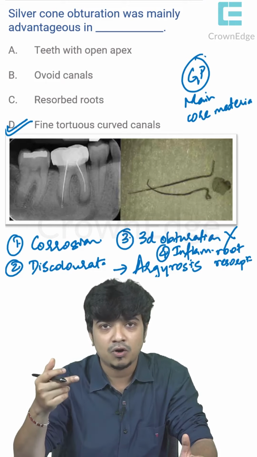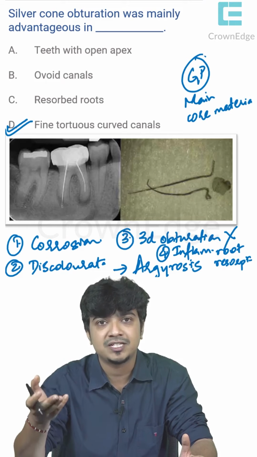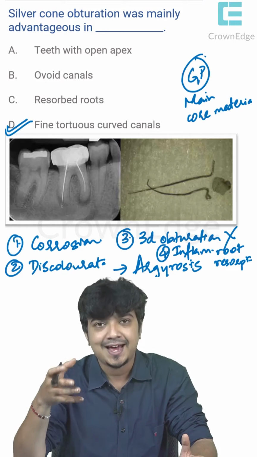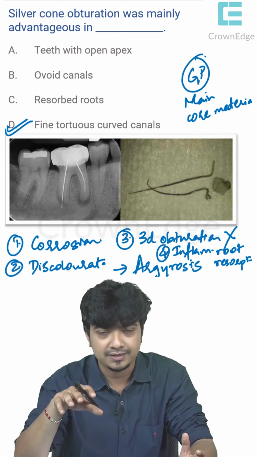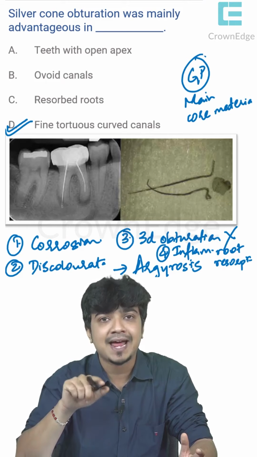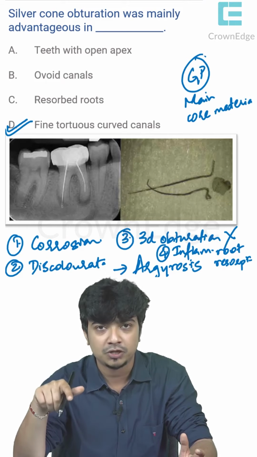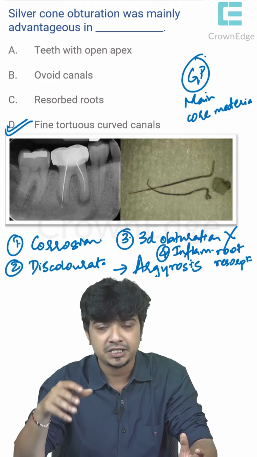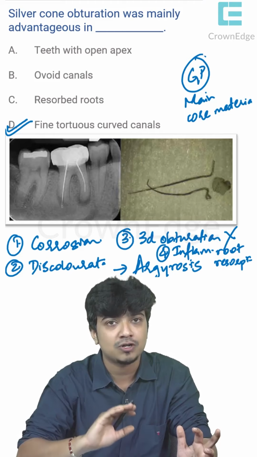Also, in cases of apicectomy, silver cone is not a feasible material to be used. And another thing is that the American Association of Endodontists says that silver cones need not be prophylactically removed when there is no periapical or periradicular pathology or any pulpal irritations, because it is an inert material which does not cause any harm.